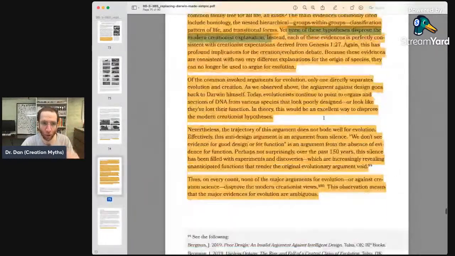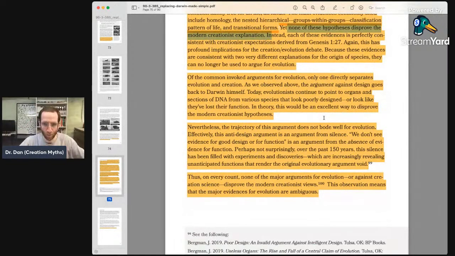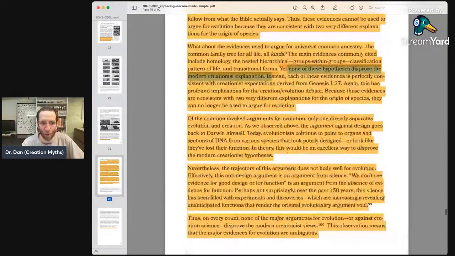Those functional parts could form a nested hierarchy for everything. But the non-constrained parts of the genome, the parts where the sequence doesn't matter, those parts should vary in an uncorrelated way between the different kinds. Right? Because you start with a created state, and then you have things like mutation and genetic drift that are random, probabilistic, not deterministic, that are going to affect those unconstrained sequences within those different created groups. They should be uncorrelated with each other.